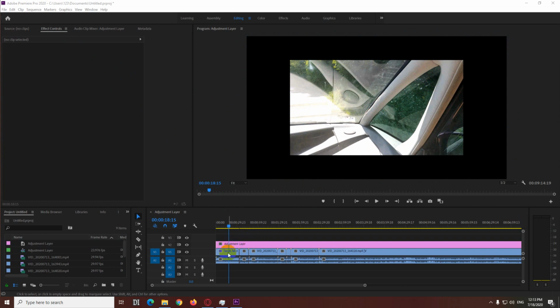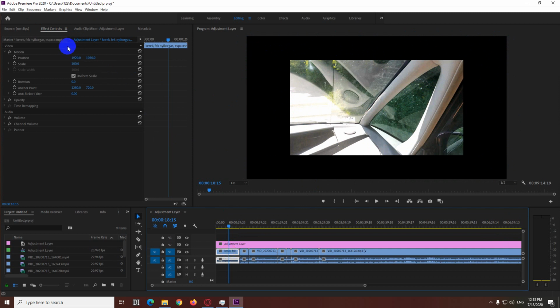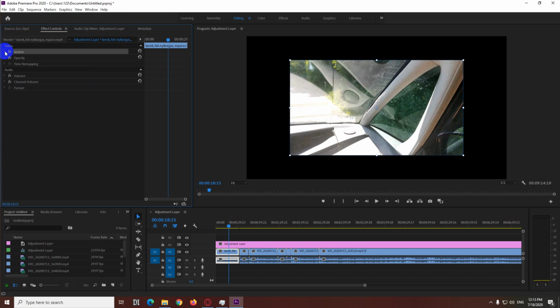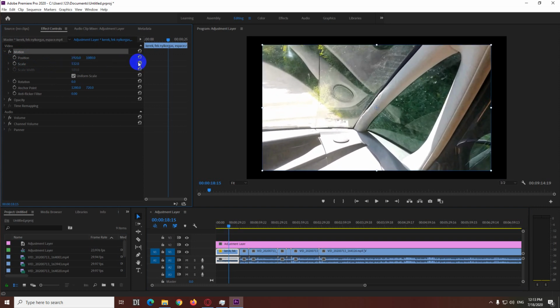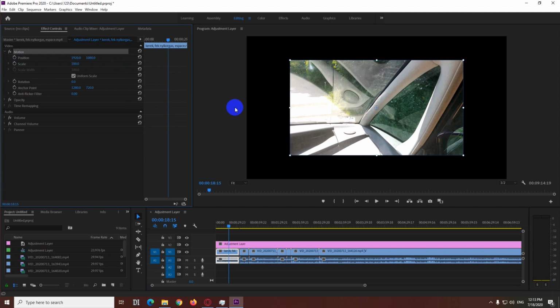First of all, click on the clip like so, and here at Effect Controls, at Motion, you can open and close these. At Motion we have Scale, and the scale is on 100, so it's not smaller and it's not larger. Let's reset it back. Okay, so in this case the video itself is at its original size, so we should reduce the exterior size,